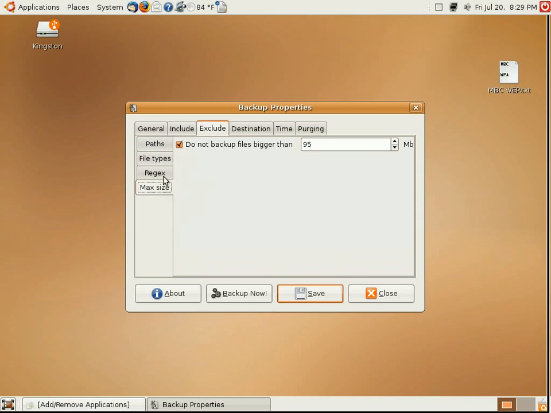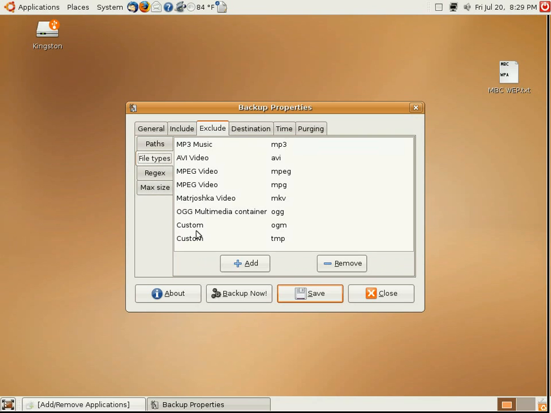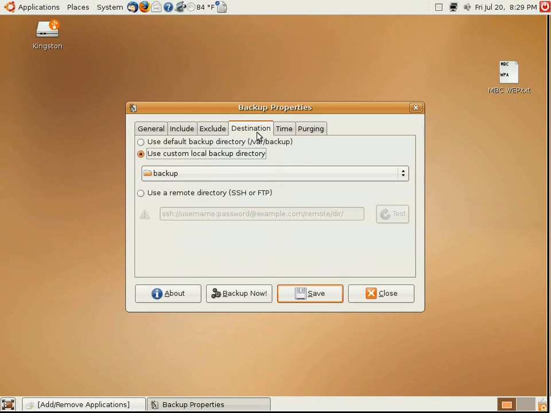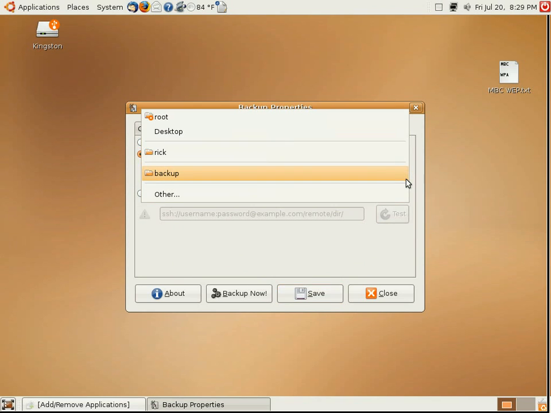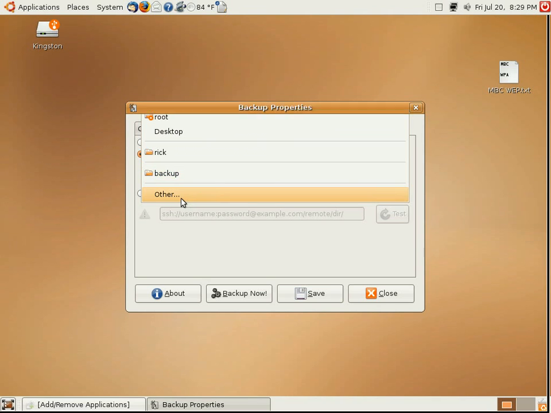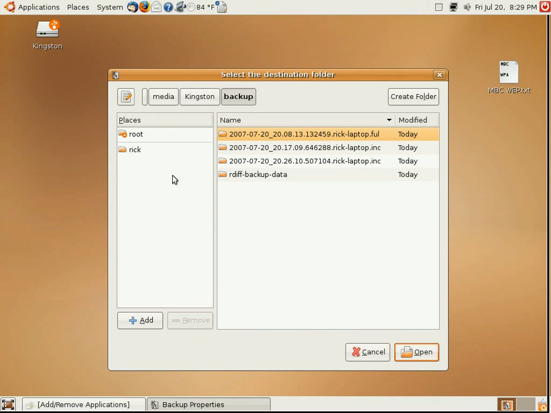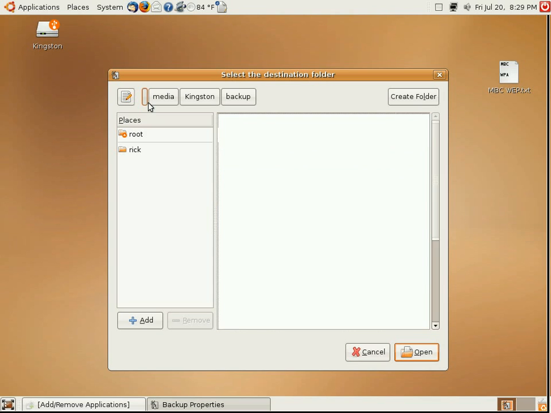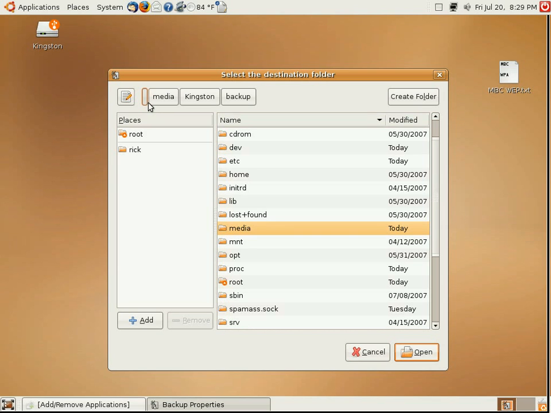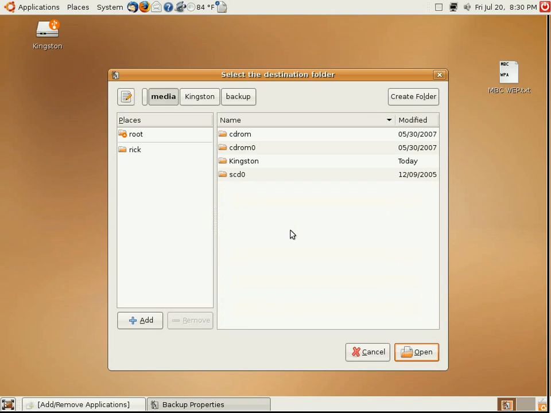I'm going to use a USB flash drive. So to navigate to a flash drive in Ubuntu, you click on the Open. Then you have to click this little bar way over here on the left hand side, and to find your flash drive, double click Media, and then the name of my flash drive is Kingston. So I'll double click Kingston, and then within the Kingston I have a folder called Backup. So I'll open that up, save those settings,